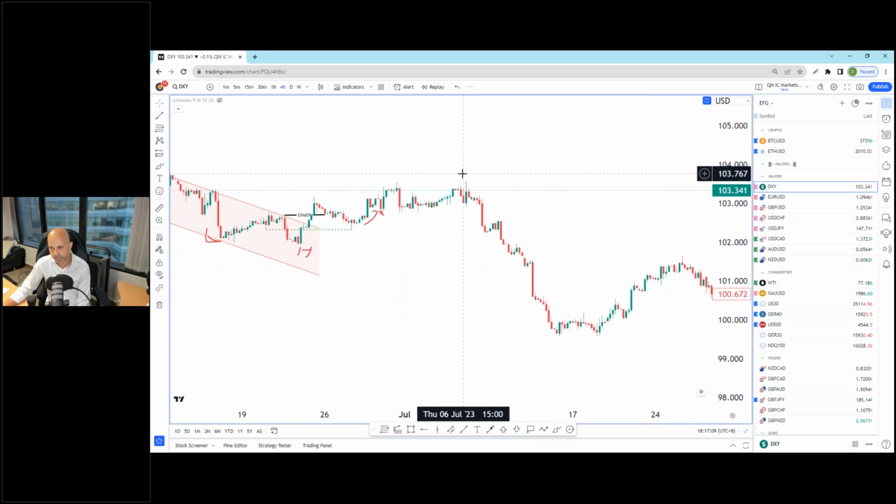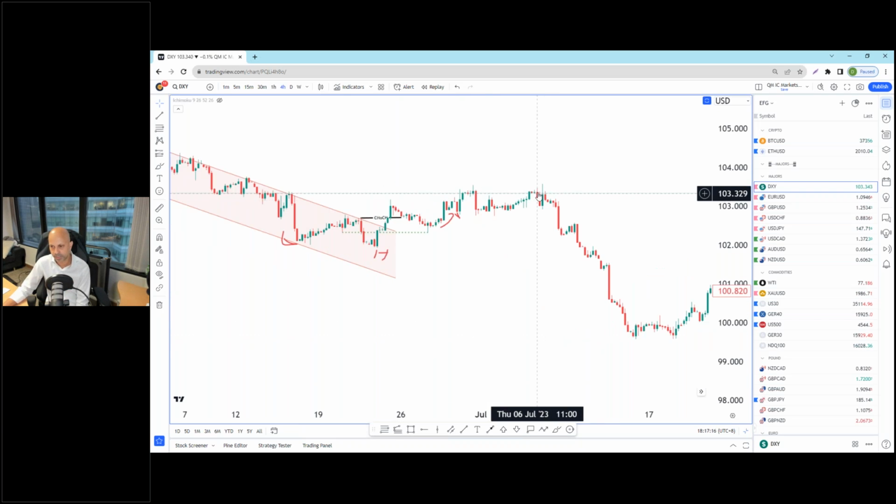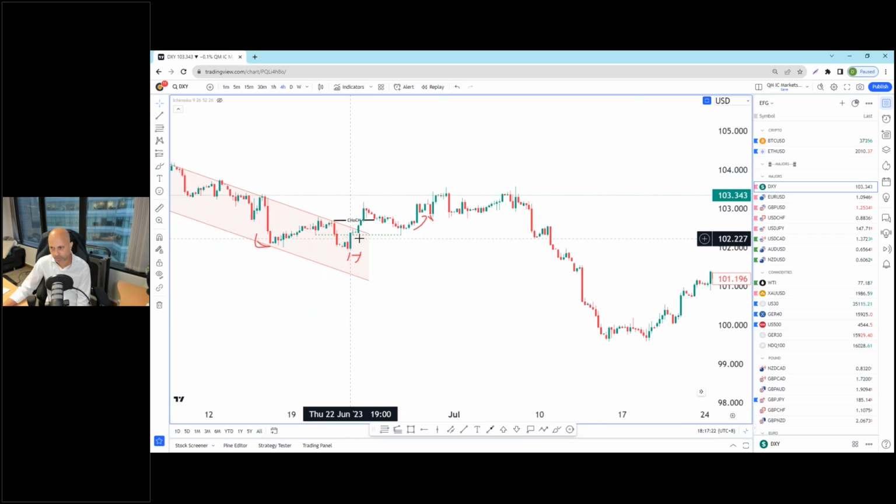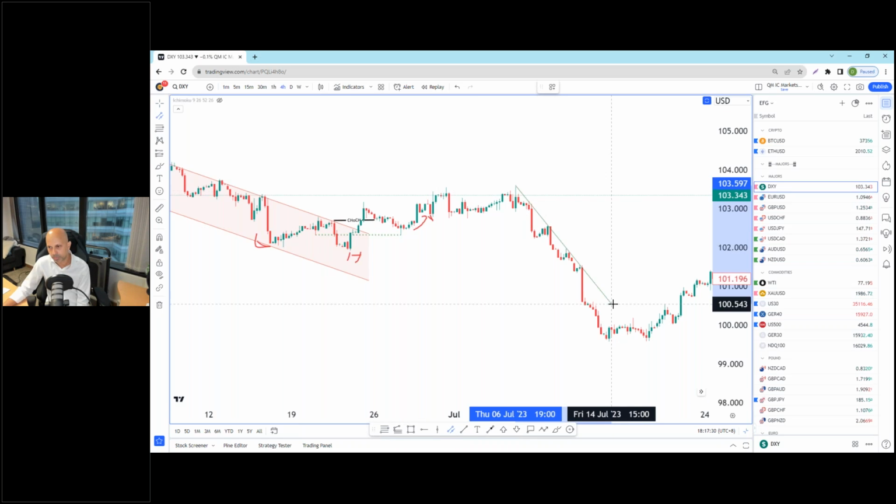As you can see here, for this case, there was no clear Quasimodo pattern. Why? Although this is a very obvious bearish downturn, and then price reversed to go higher, you can see there was no clear change of character here. But in this scenario, we could have still identified a potential breakout as well.